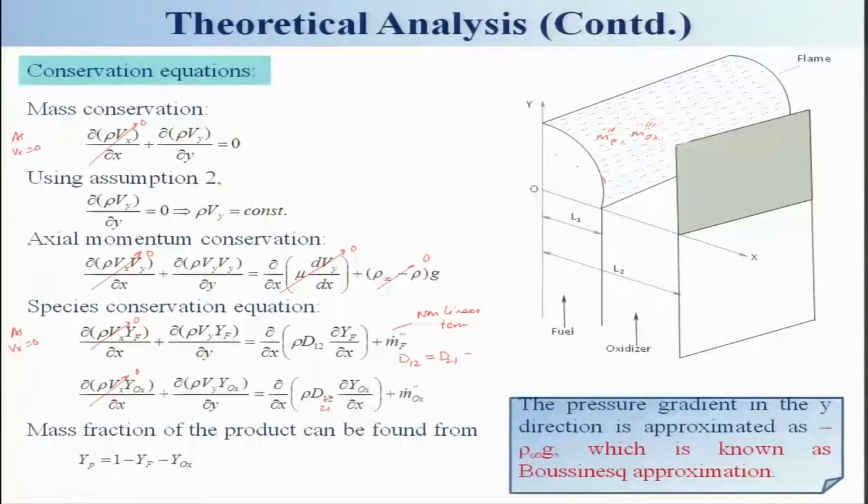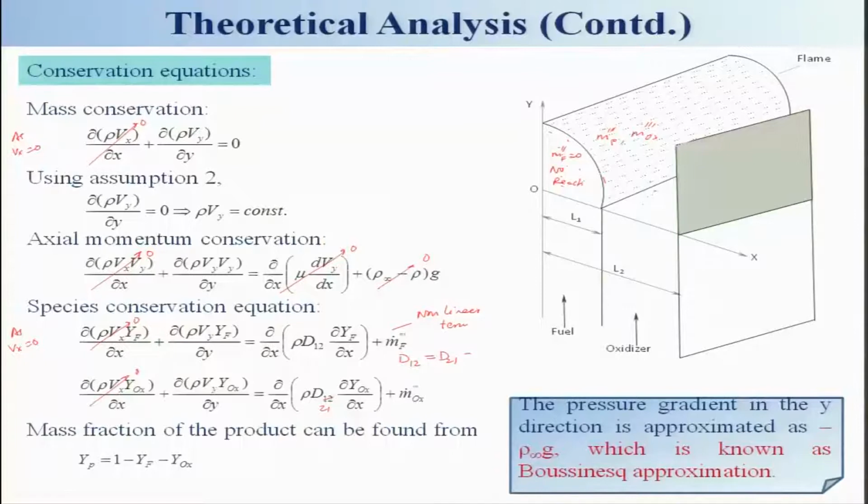But if I look at this place, will the mass of the fuel be consumed? Will there be any reaction term here? No reaction. In this domain, along with the Z, no reaction will be occurring. Similarly, in this region, except the flame surface, there won't be any reaction. That means this term will be 0. m dot F will be 0 here, and the oxidizer cannot get in, so that does not arise.